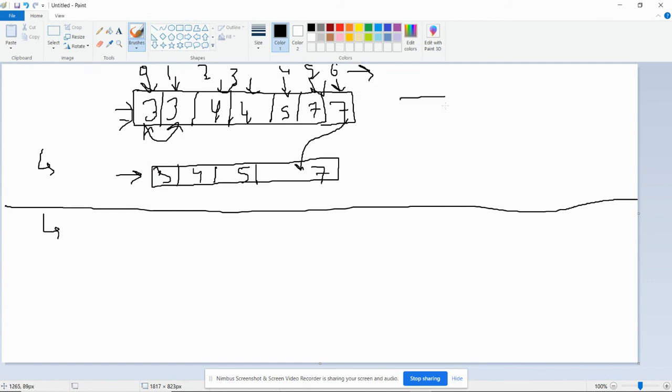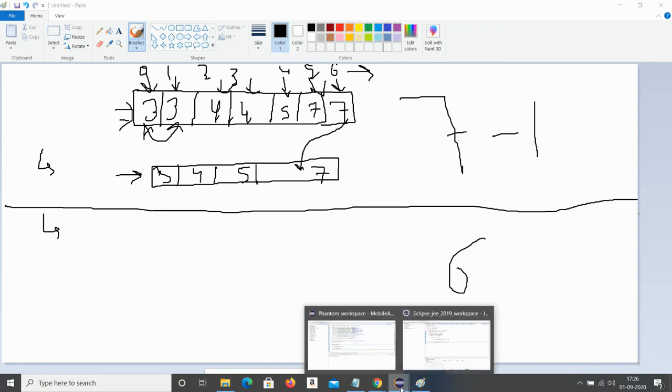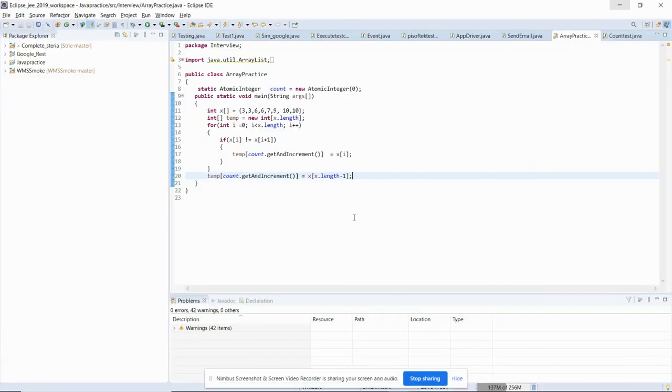So the length is 7, but indexing will be 6 because it is starting from 0. I will use the length minus 1, means 7 minus 1, 6, and 6 will be the last position of the array.